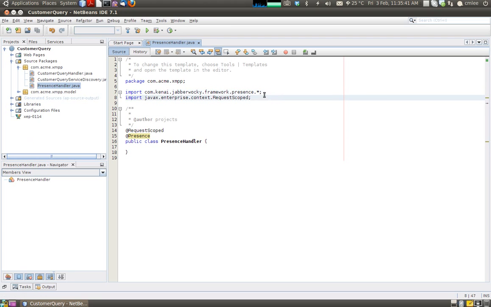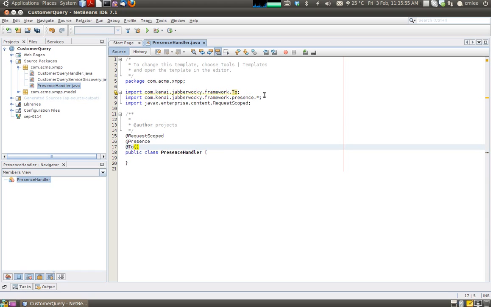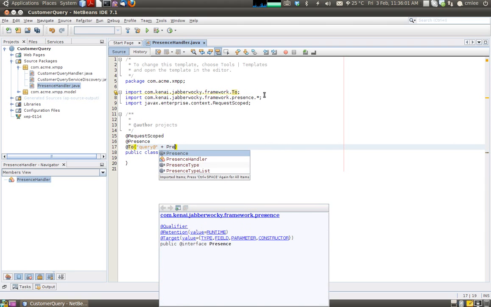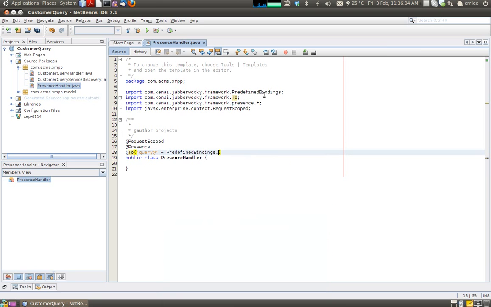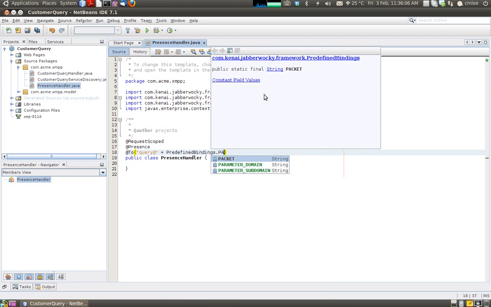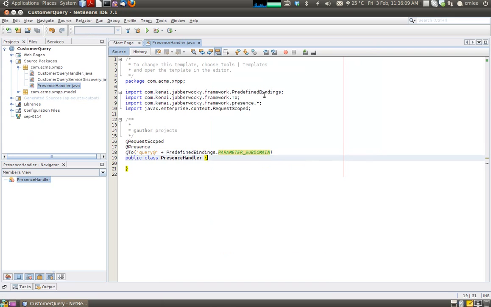Also, because we only want to handle presence for query, we put another discriminator here called to, and we are going to say we are only going to handle presence messages directed at query. Okay, so subdomain. Now that we have set up the